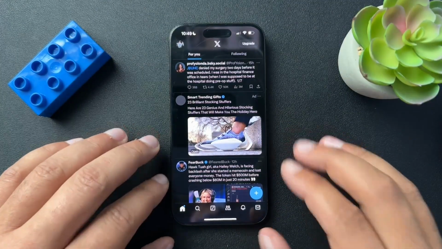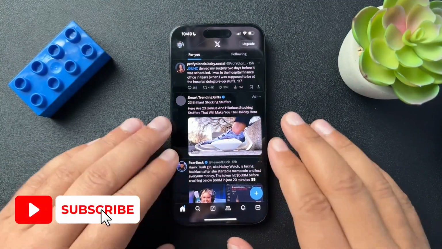All right, so today I want to walk you guys through how to turn off the sensitivity settings on your